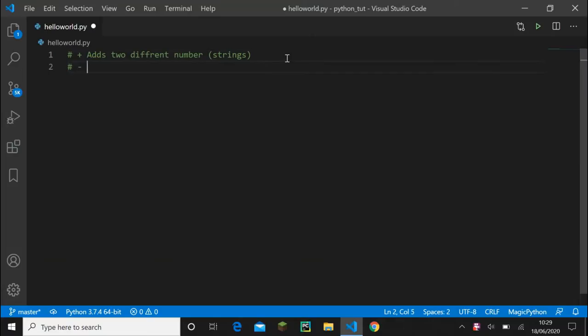And then we have the subtract, which subtracts two different numbers, and remember subtract can return a minus number if it's a small number subtracted by a big number. It cannot be used with strings, so the subtract operator has nothing to do with strings. The multiply,